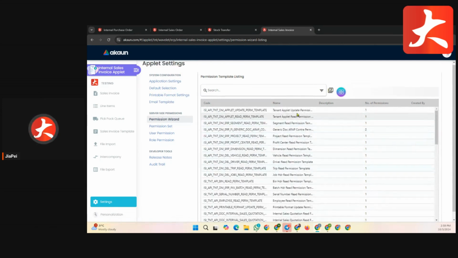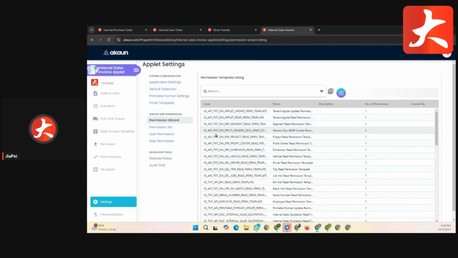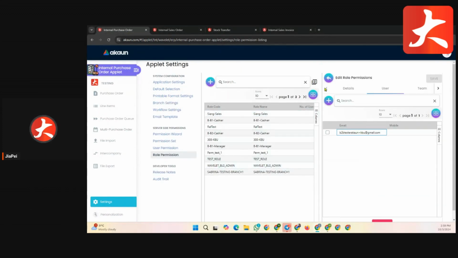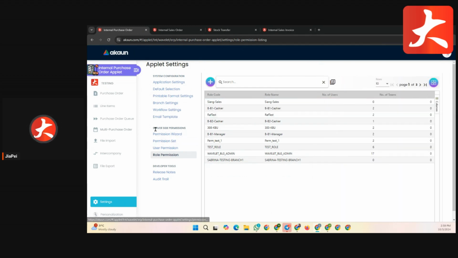Okay, so we have a few types of the permission widget template. So this section covers this permission part. The client side permission is in another section, because the client side permission is related to the applet setting and combined with the client side permission. Okay, any other questions? If no question, we can end this